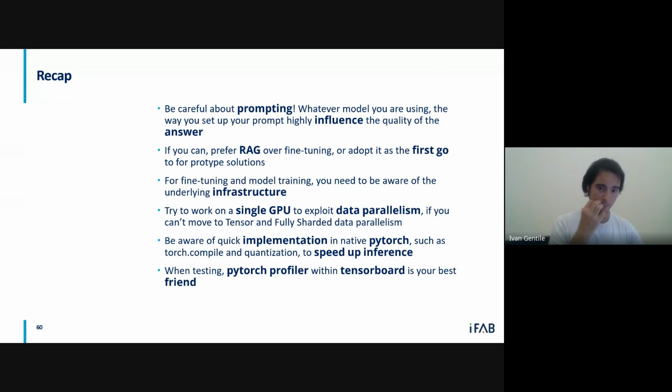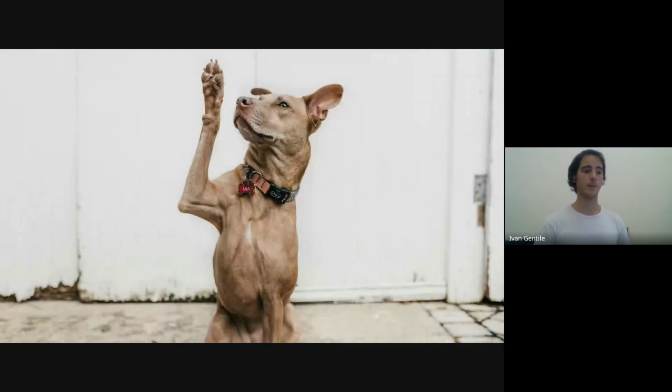Finally, beware of quick implementations in native PyTorch that you can use to speed up inference. We saw Torch compile and quantization. And finally, if you need to test, the PyTorch profiler and TensorBoard are probably your best friends.